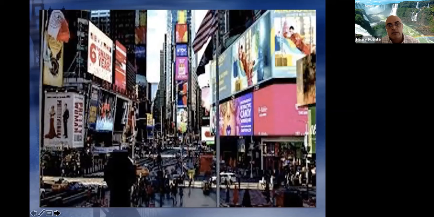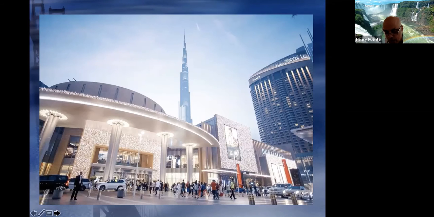If you think about shopping, so cruise lines are a form of leisure, but also shopping malls. This is the most popular shopping mall in the world pre-COVID. This is the Dubai Mall in the United Arab Emirates. And again, it's the busiest shopping mall in the world, at least pre-COVID. It brought in the most tourists in the world to come and shop at the Dubai Mall. And again, it's in the United Arab Emirates, the UAE.